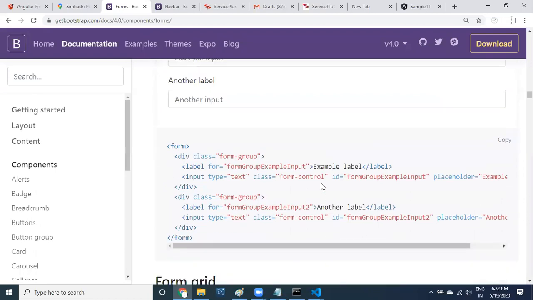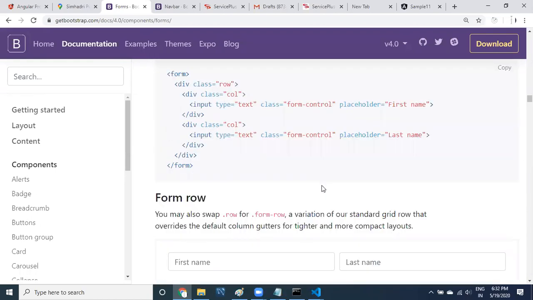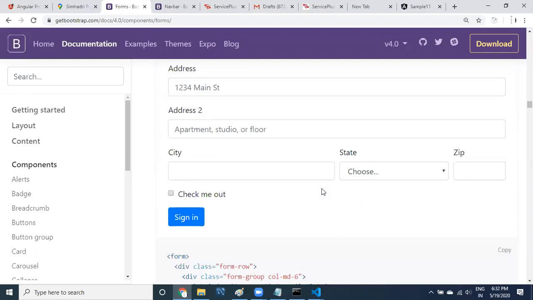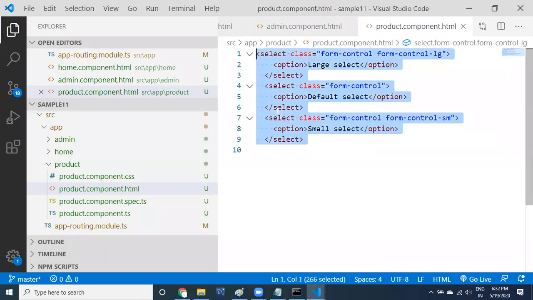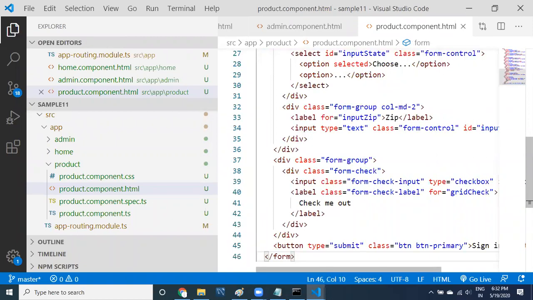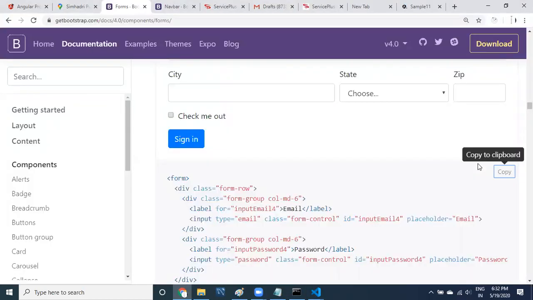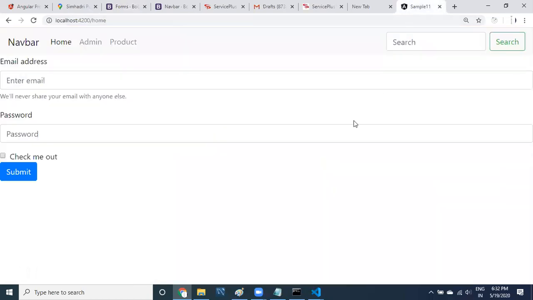I just copy pasted different types of forms, whatever you want. If I click on home, it is displaying. See here, guys, this says home.